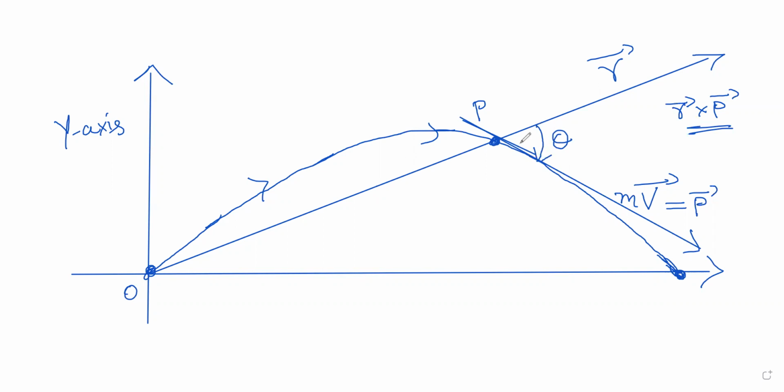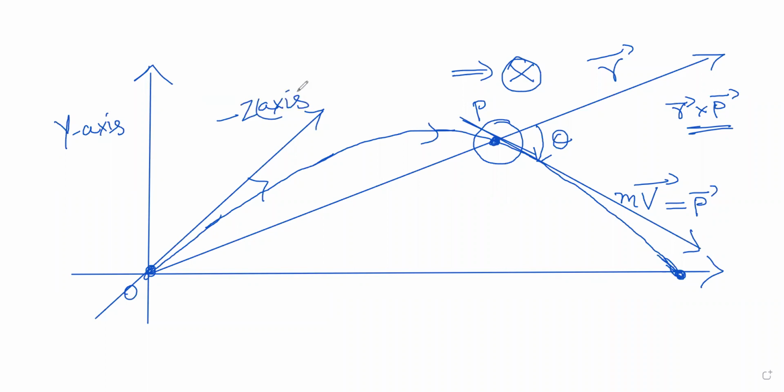If I assume that this is a corkscrew, I use the corkscrew rule. Here you had to drive the screw in such a way that you can align the r bar with the p bar, which means you have to drive the screw in. Driving the screw in is this x mark, which goes in the negative z direction. This is the minus z axis. So you have to drive the screw in the negative z axis. Then you get r bar cross p bar.